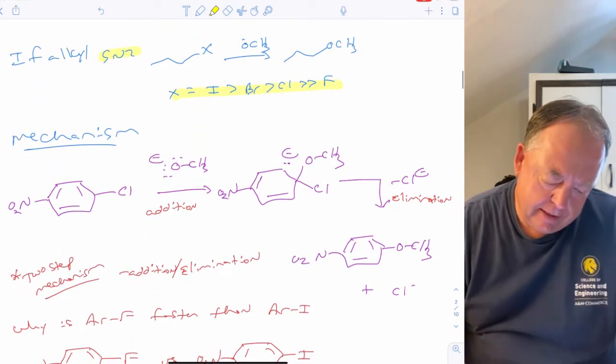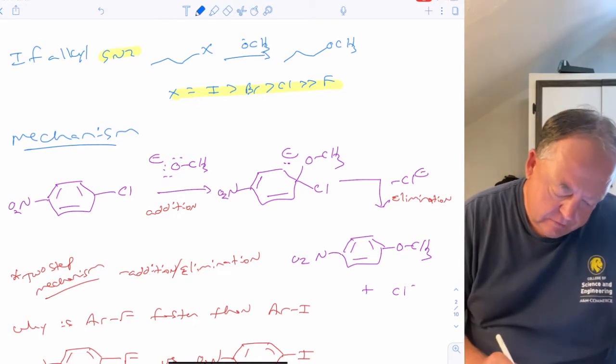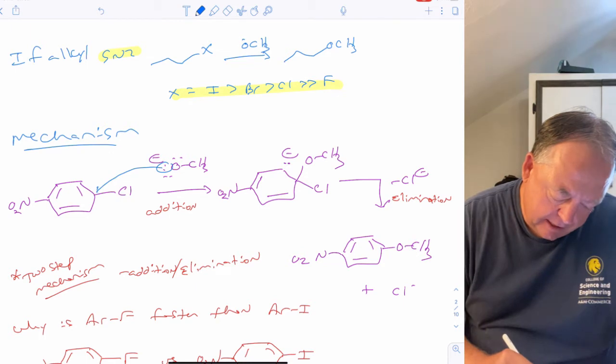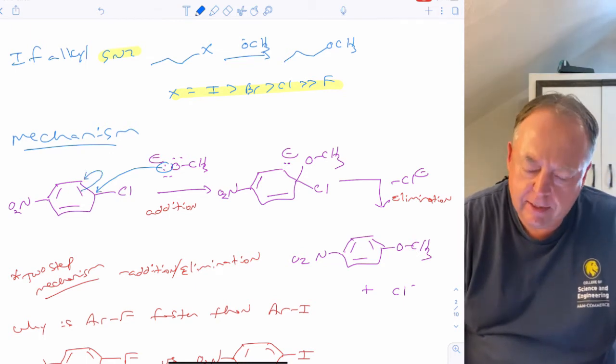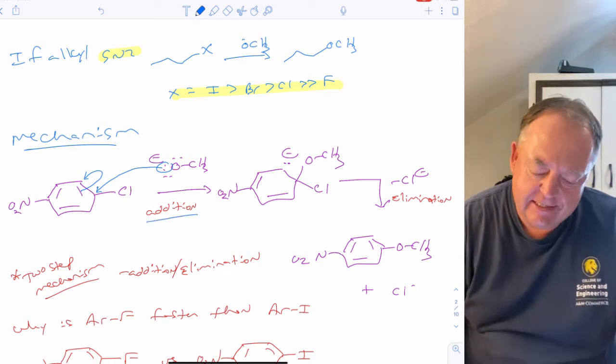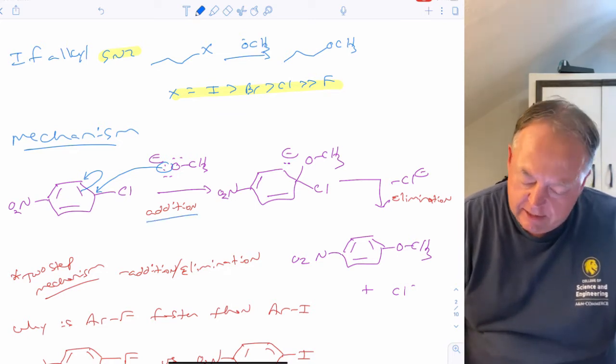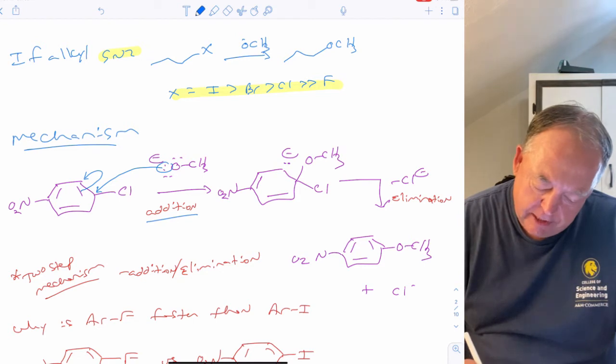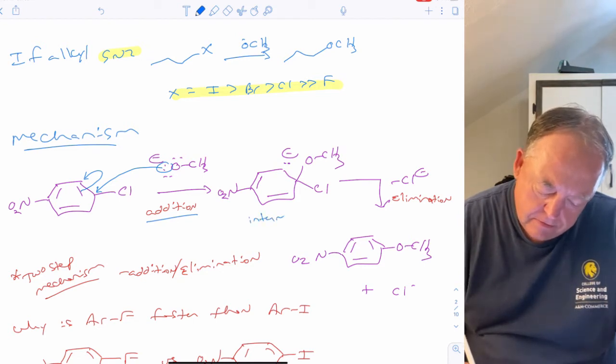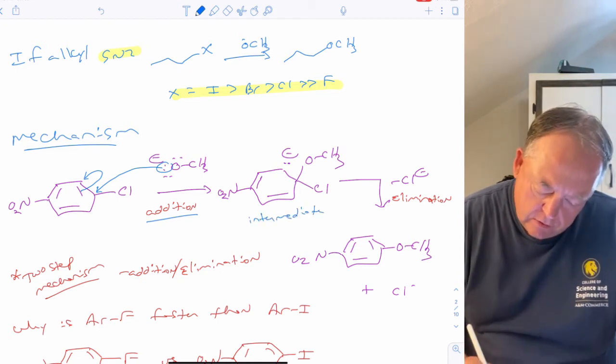Okay, so the basic mechanism for the reaction. How does this work? You take a lone pair of electrons on oxygen and make a bond to that carbon, and take these two electrons in the pi bond and move them up to make a lone pair. So that's an addition step. And then you make this intermediate,